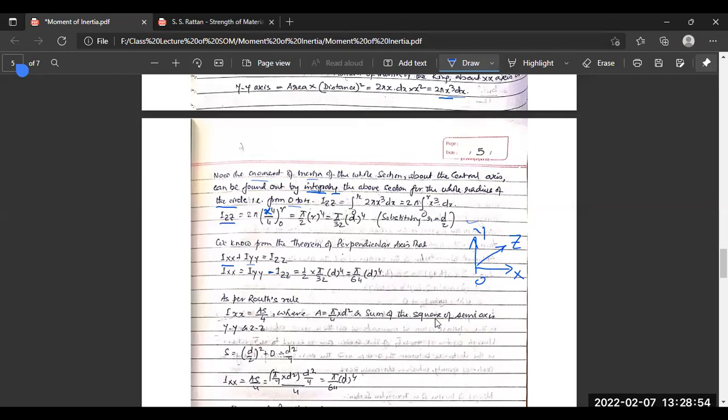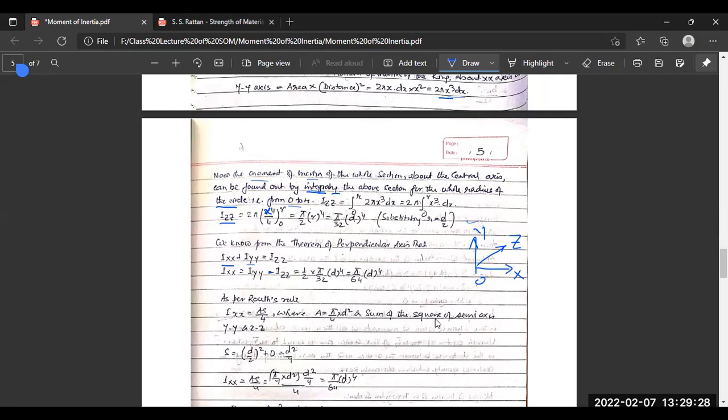So as we know, Izz is equal to pi by 32 d to the power 4, so Ixx is equal to Iyy, both are equal, and both are equal to half Izz, which is half of pi by 32 d to the power 4, or pi by 64 d to the power 4. Now, as per Rao's theory, Ixx is equal to A into S divided by 4